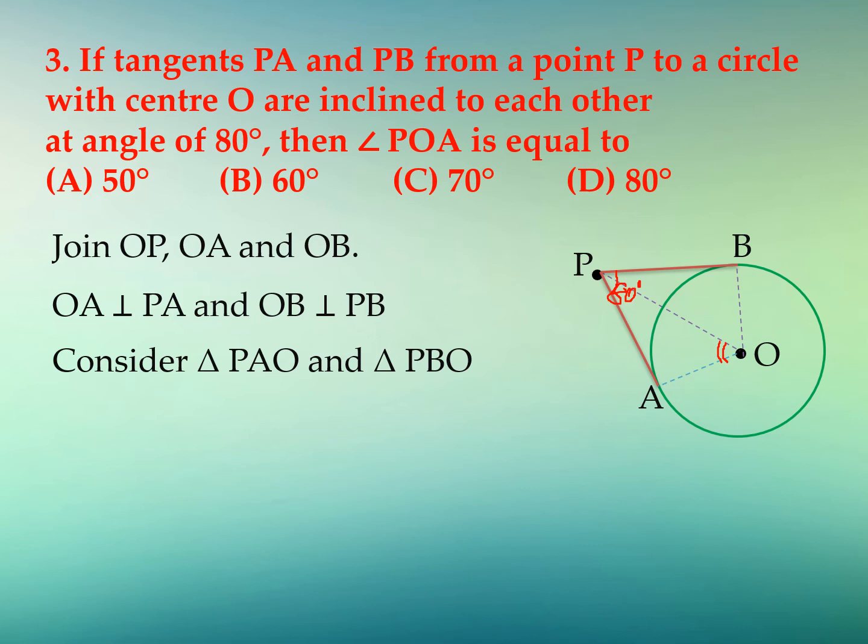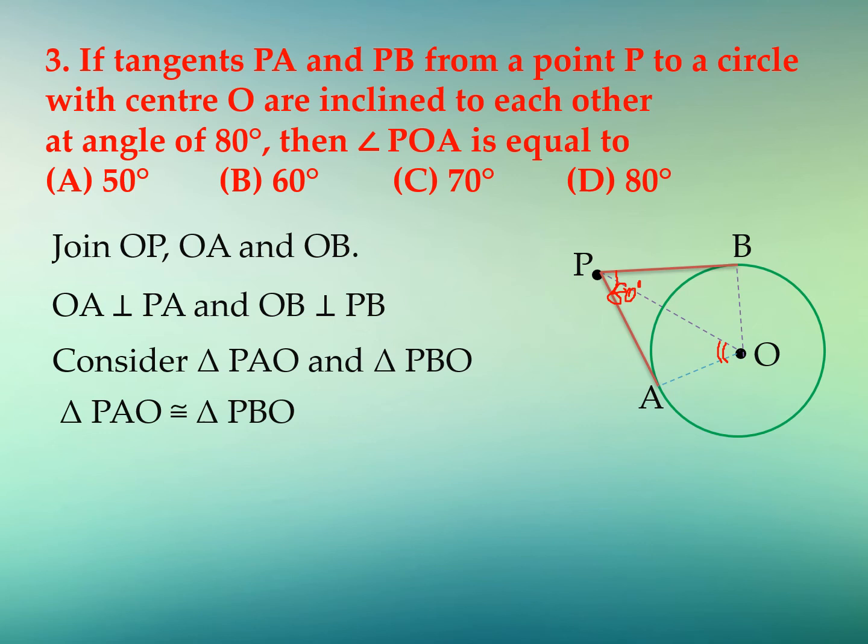As we have already proved in theorem 10.2, a similar case, we had two tangents from an external point and we joined all those points with the center, and we proved these two triangles congruent using RHS congruency. Just now we have proved it. I hope you'll be able to recollect it. So using that concept, I can conclude triangle PAO is congruent to triangle PBO.